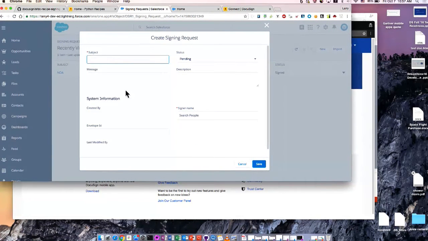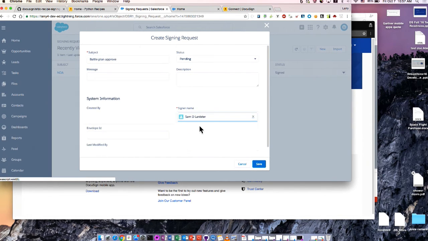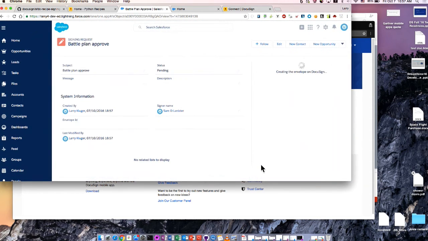So this is a custom object called signing request. And I want someone in my community to approve the battle plan. So I can go down here. I'm going to have Sam Lannister approve the battle plan. So I hit save. Now on the left-hand side, this is the standard view of the record. On the right-hand side is a custom